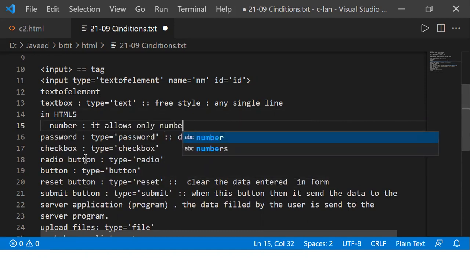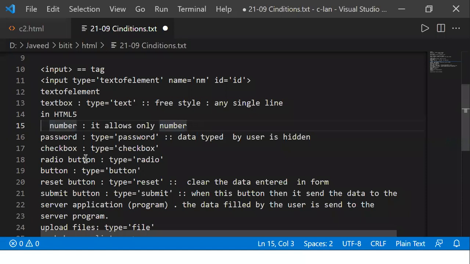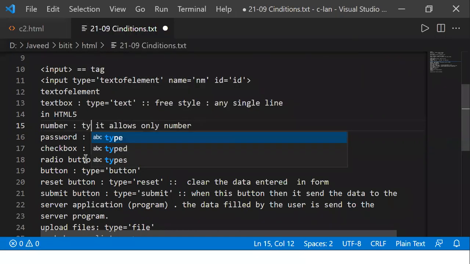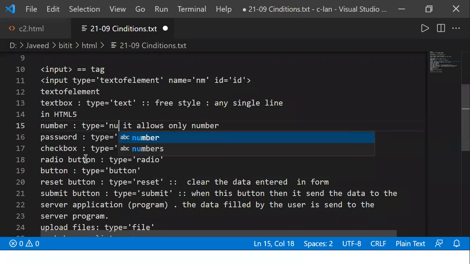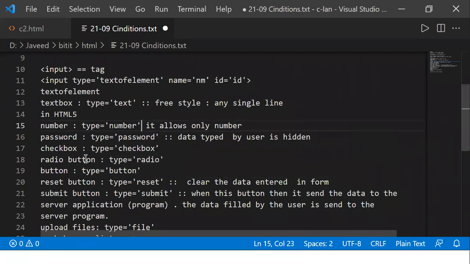So if we give input type is equal to number, it allows only numbers. If I want it, I'll write type is equal to number. When I say type is equal to number, it allows only numbers.